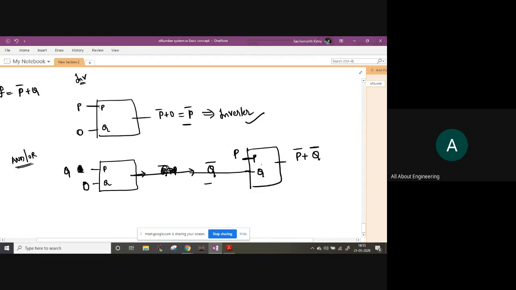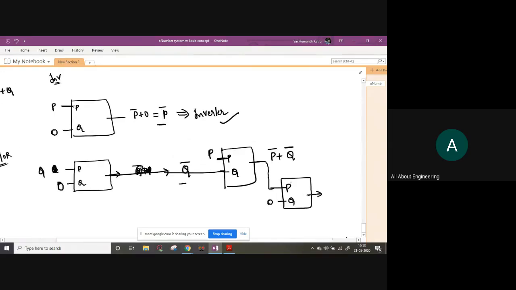Now what I'm going to do is, I am going to give this entire output to one more gate like this. I will connect 0 here. Then what will I get? I will get the complement of this input plus 0. So plus 0 won't affect. So the complement of that will be (p bar plus q bar) whole bar. So (p bar plus q bar) whole bar means, you all know, p bar whole bar into q bar whole bar, which is equal to pq. So by using 3 such types of circuits, I finally got the AND operation. So I'm quite happy with this.